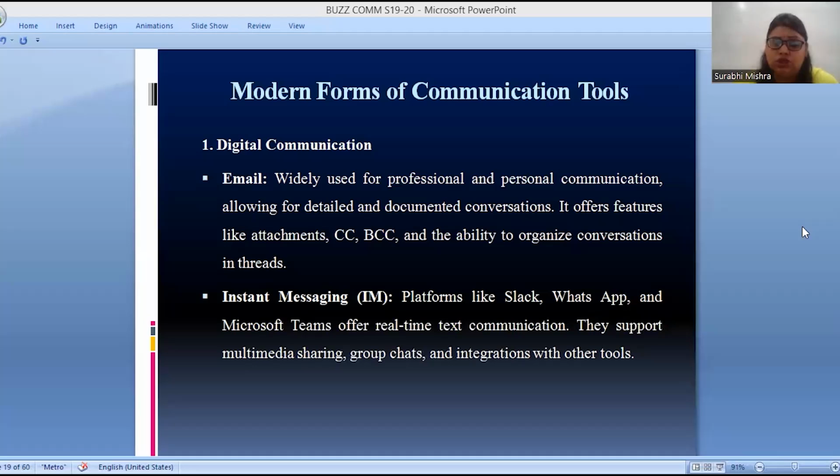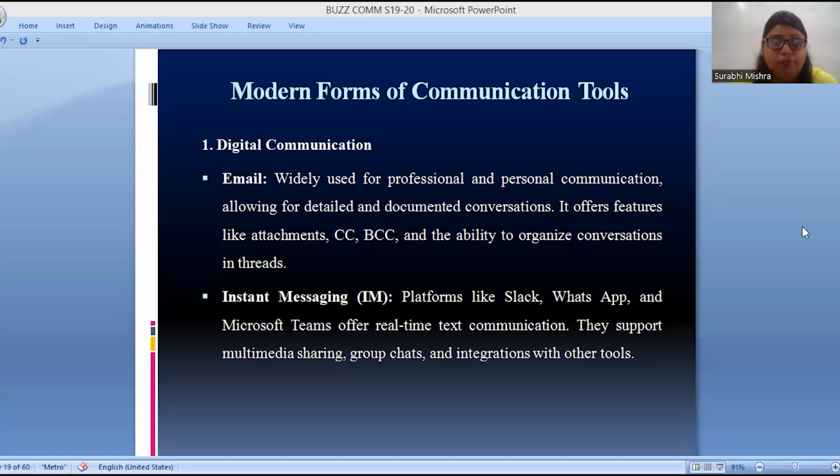Next, in digital communication is instant messaging, right? Instant messaging includes platforms like Slack, WhatsApp, and Microsoft Teams, which offer real-time text communication.